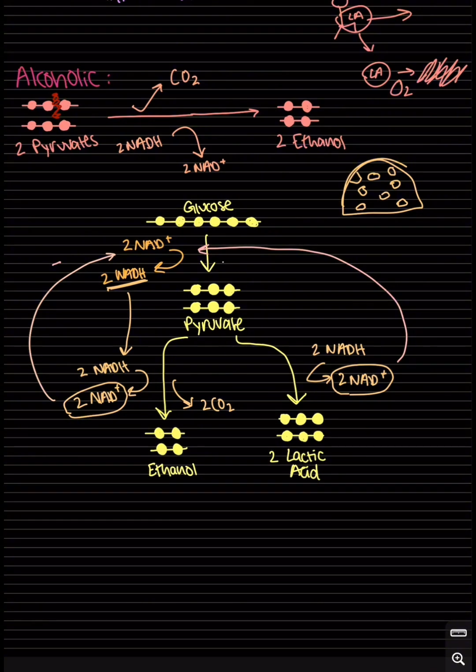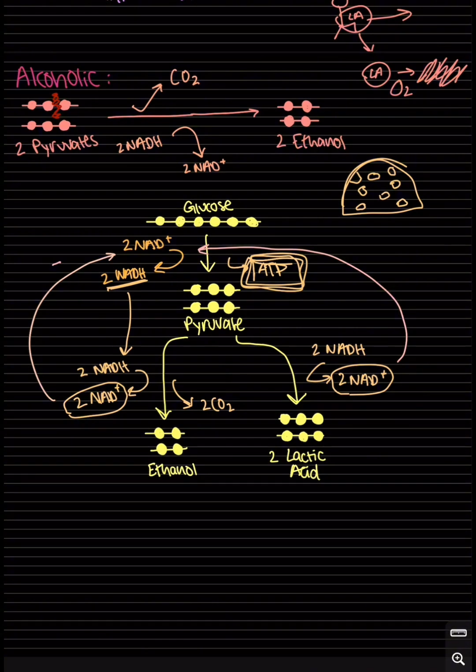Remember, in glycolysis, we are making ATP, right? Are we not making ATP during this whole process? Exactly. So when we are constantly regenerating the cycle on this side and this side, it's going to keep producing ATP, which is what the cell needs, and this is all without the presence of oxygen,